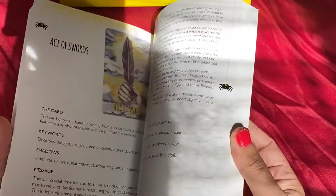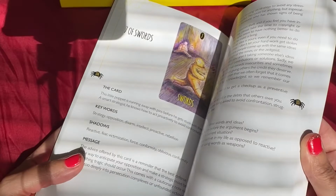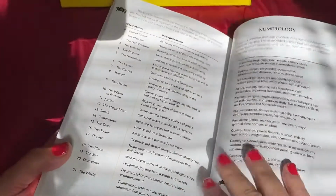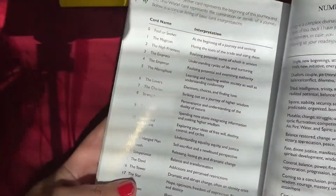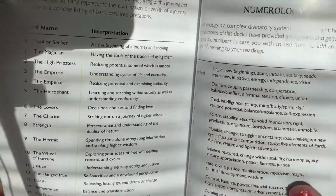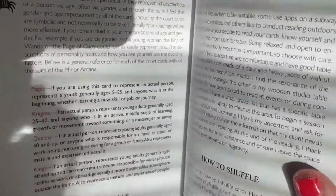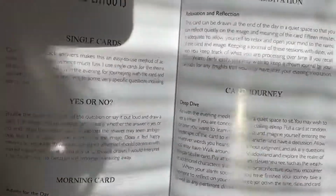And I also ordered that book Simon recommended. What did he recommend? It's a black book with all the numerology. Can't remember it. It's a black book. It should be here sometime this week, so I'll show you when it gets here. But I like this book because I just like to see keywords. I like to look at the numerology, even though it's pretty much consistent across the board. And I just liked how to shuffle, reversals, court cards, all these tidbits back here. I just had to have this. I saw this on